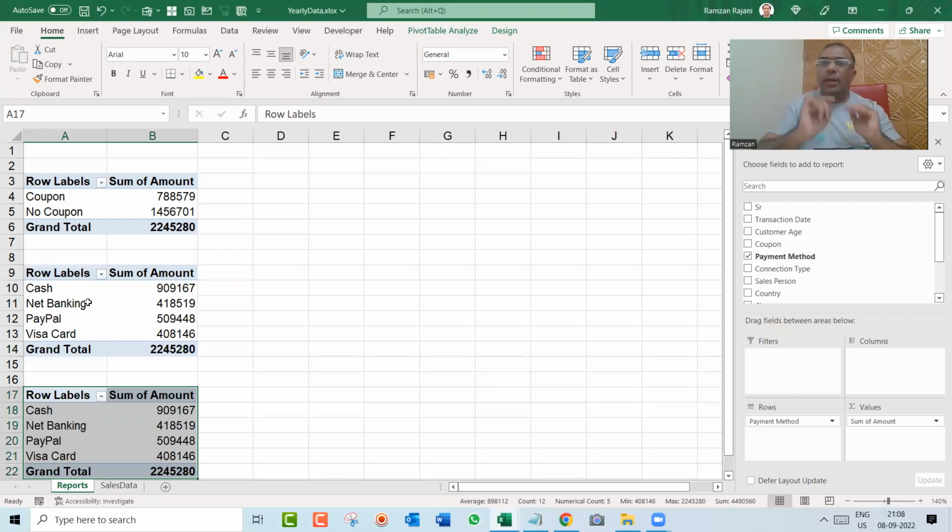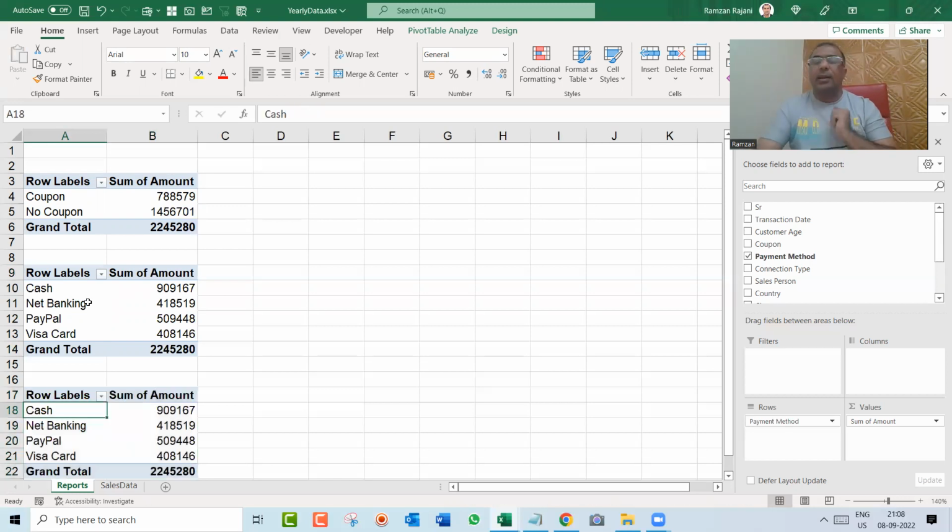Now here you should be very smart. If you think that more payment methods might be added to my data in future, then here you will not leave 1 row, you will give 2-3 rows gap, so that when you refresh, you have sufficient space. Got it? No coupon is not going to change. Only 2 items are there, always 2 description headings. So it's okay. Now I come to the third one, and in the third one, I remove the payment method